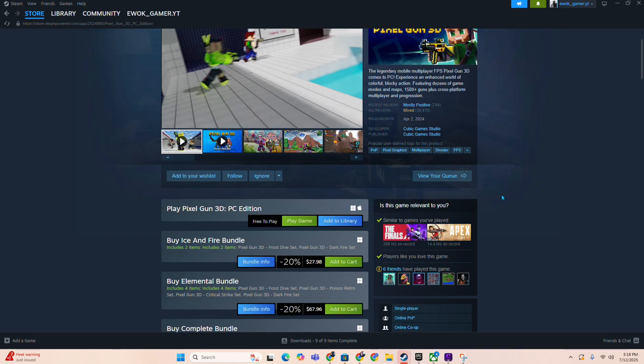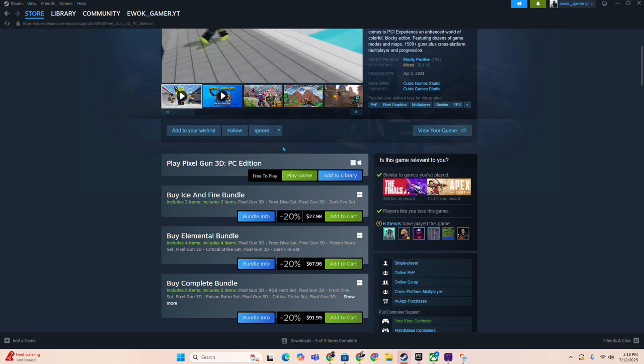And then what you can do is come down here. You can add it to your wishlist, follow, ignore, you can do all of those things. But if you go down a little bit, you can either play the game or add to the library. If you add it to your library, what it will do is put it in your library without installing it. If you click on play game now, you could go through a few steps to install it,